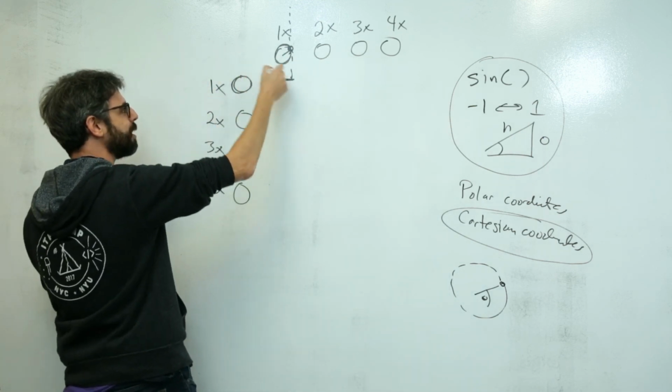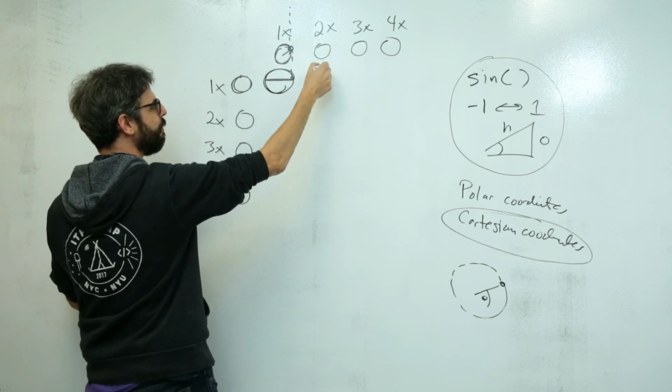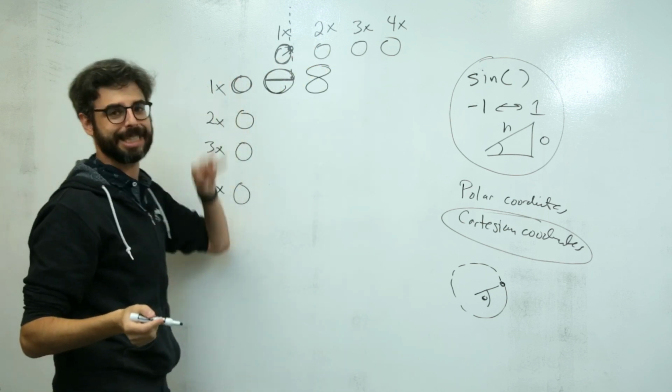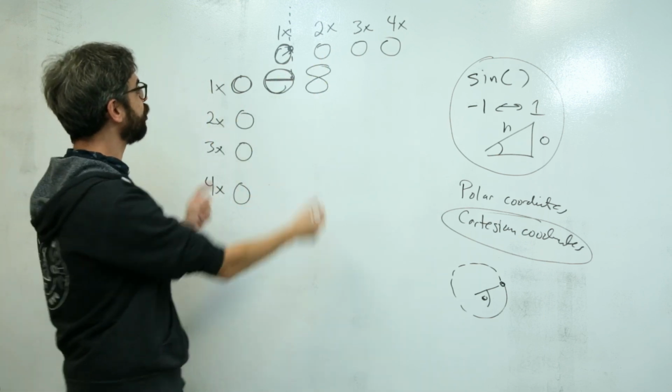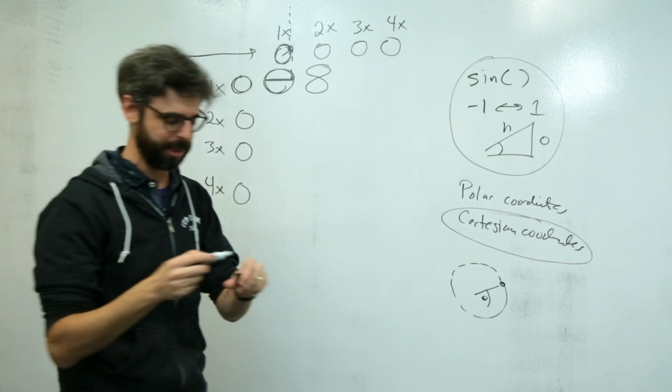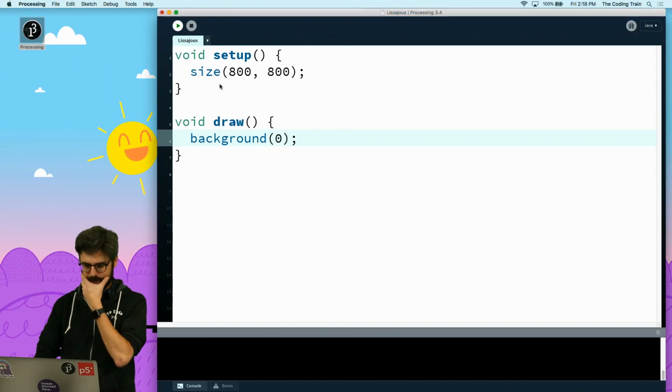If they're moving at the same speed, I will get a nice curve like this. If one of them is moving faster than the other, I might get something like this. Not exactly, and so on and so forth. So this is what we have to build. All right, so let's start with just making one row of these things. How am I going to make a row of these things?